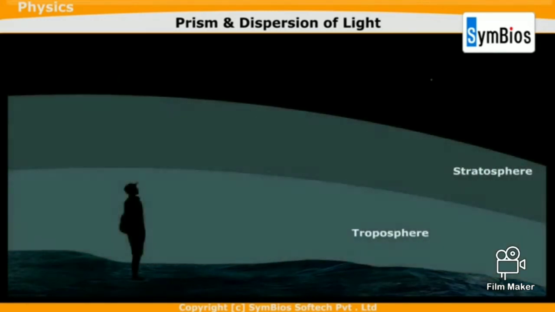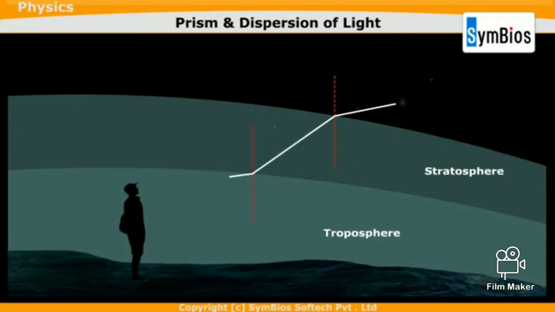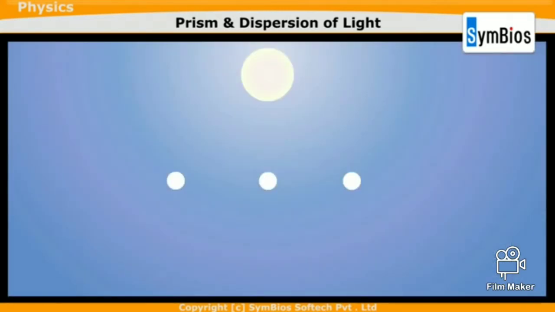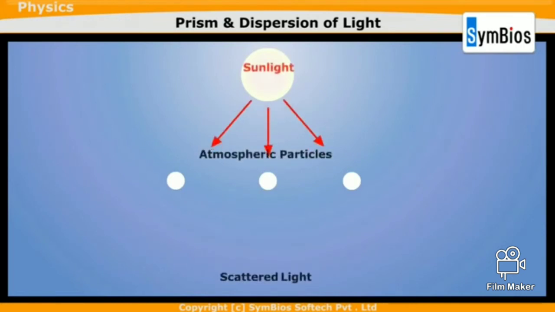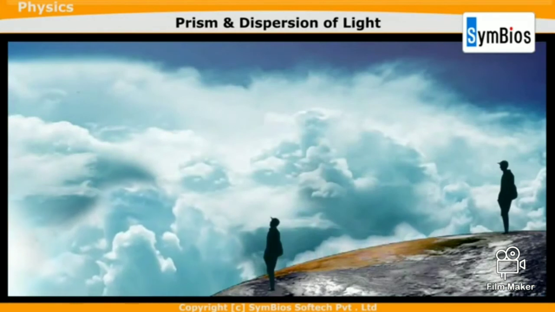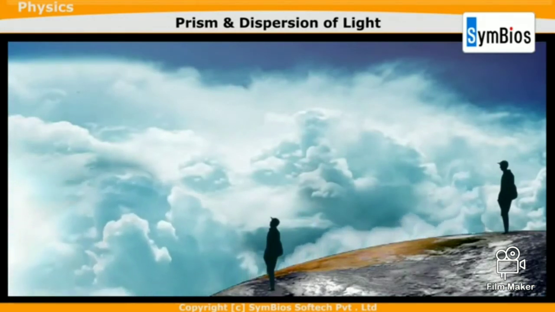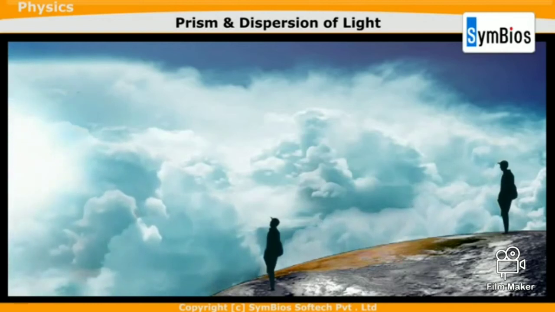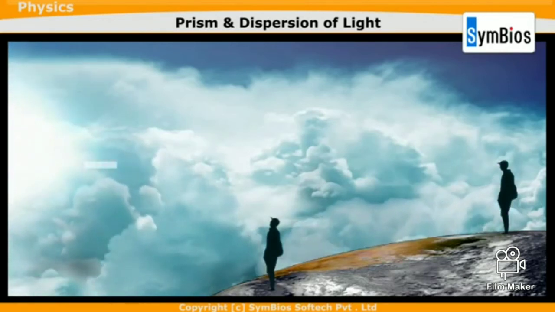When the starlight enters the Earth's atmosphere, it undergoes refraction continuously before it reaches the Earth. As a result, when we look at the stars, they appear to be twinkling. The blue color of the sky, the reddening of the sun at sunrise or sunset are all due to atmospheric scattering. The blue color of sky is because of the molecules of air and other fine particles in the atmosphere